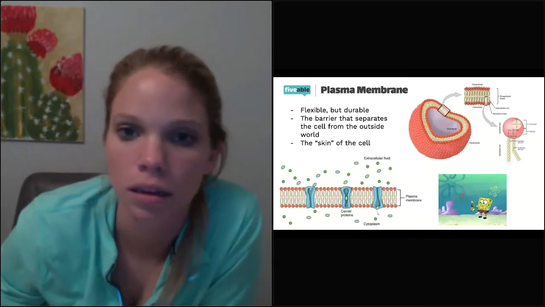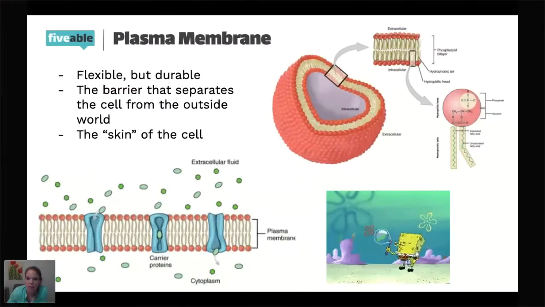All right, so let's talk about the flexibility of this membrane because as you remember, we call this thing a fluid mosaic. We're going to cover that more in our review in a moment. But the reason this thing is so flexible, there are very weak attractive forces that are actually holding these things together because the tails are holding each other together, the heads are holding each other together. And so what you see is these things actually kind of slide over each other. And so it makes it very, very flexible. We're going to see a GIF of that.